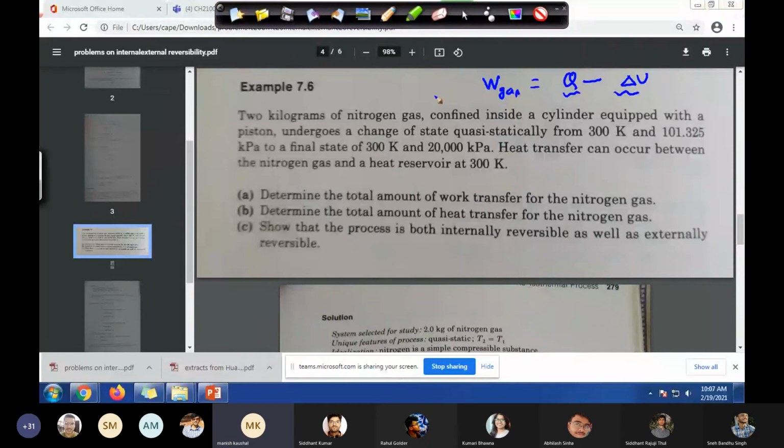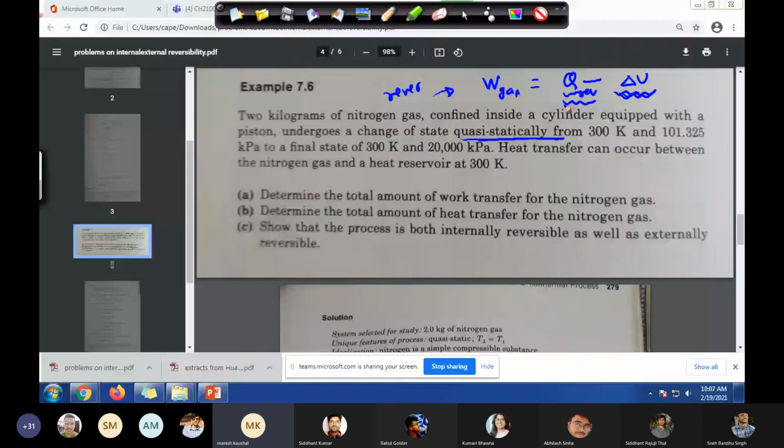I know my gas is compressing reversibly. Everywhere it's reversible basically. Can I calculate delta U? Let's say the nitrogen gas table is given, so I can calculate delta U from the table. Now I'm asking you how we will calculate Q. Can anyone comment? And of course, the gas is compressing reversibly. So how can we calculate Q for this process?